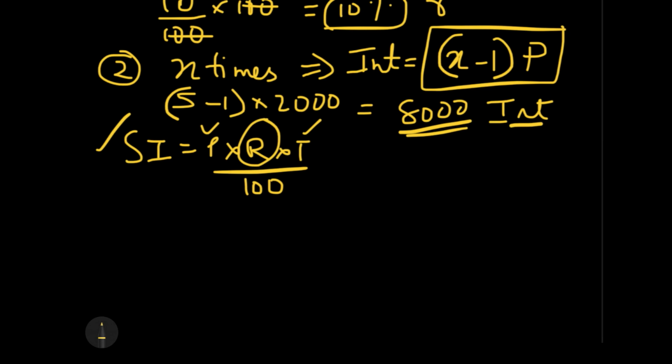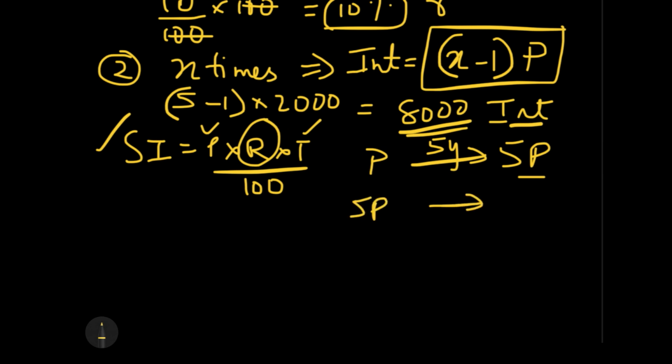In case they don't give you like that, then what will they give you? They will give you comparisons, an analogy type question. Let's take an example: they will tell you that the money is becoming 5 times in 5 years. So 5P, the same amount will become 5 times of itself, that is 25P, in the next 5 years.